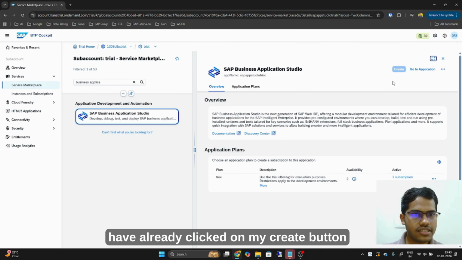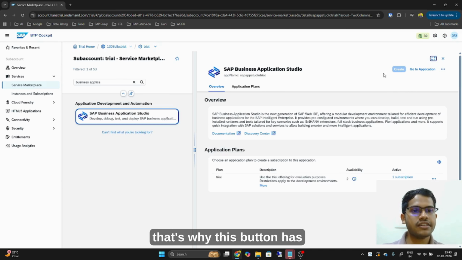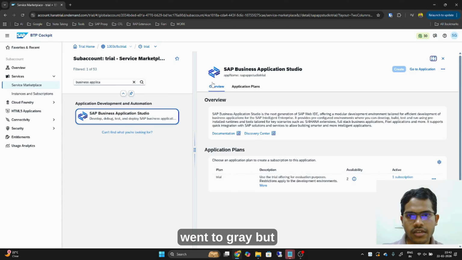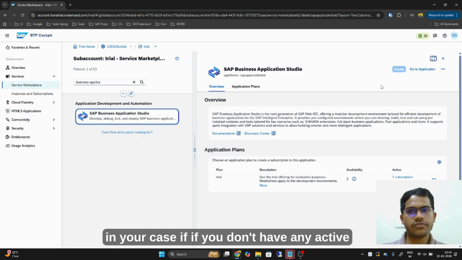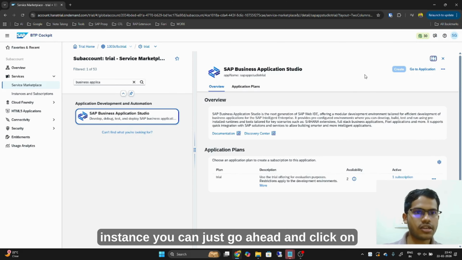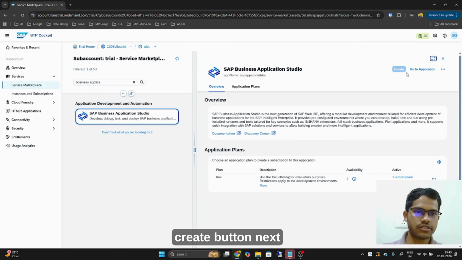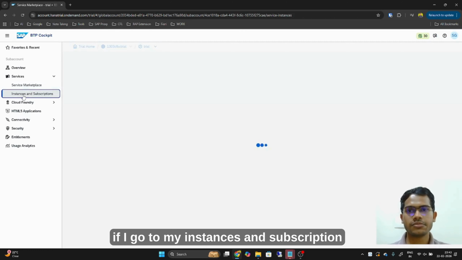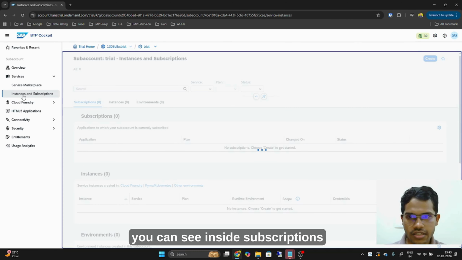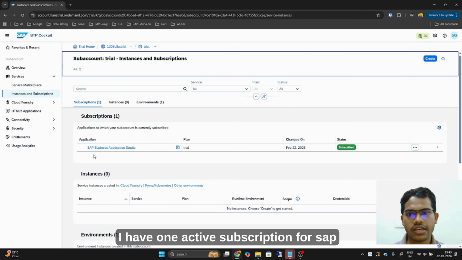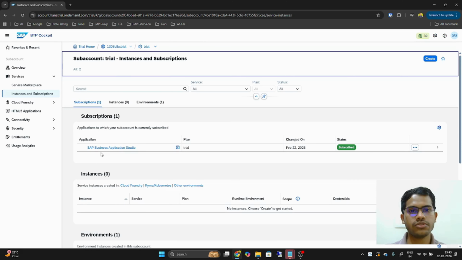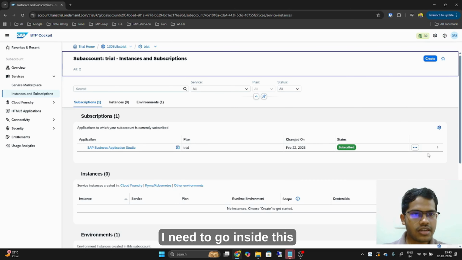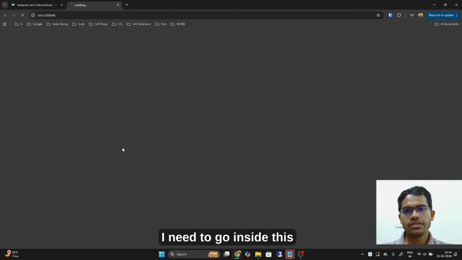I have already clicked on my create button, that's why this button has gone gray. But in your case, if you don't have any active instance, you can just go ahead and click on the create button. Next, if I go to my instances and subscriptions, you can see inside subscriptions I have one active subscription for SAP Business Application Studio. Now I need to go inside this